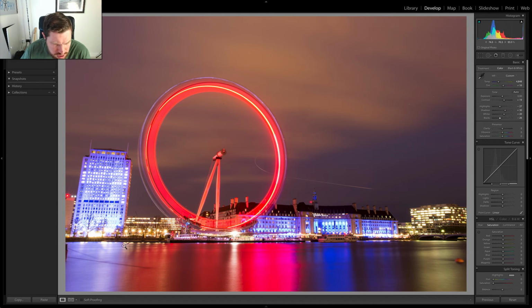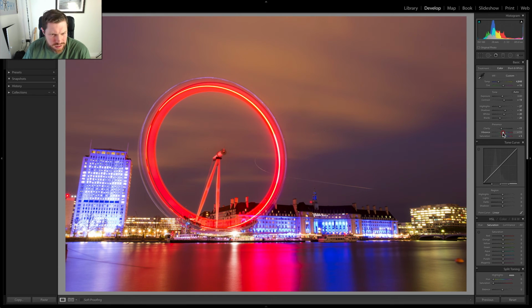Now I want to smooth out this water just a little bit, because I think that'll look really good. So I'm just going to reduce the clarity a small amount, and then introduce a bit more colour to the image. So with a bit of vibrance, not too much because it's already quite a vibrant shot. So about 12 on there, and then maybe about 10. It's probably a bit too much. So back off to about 4 or 5,